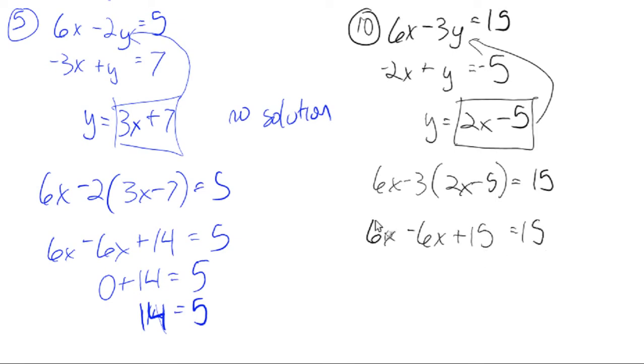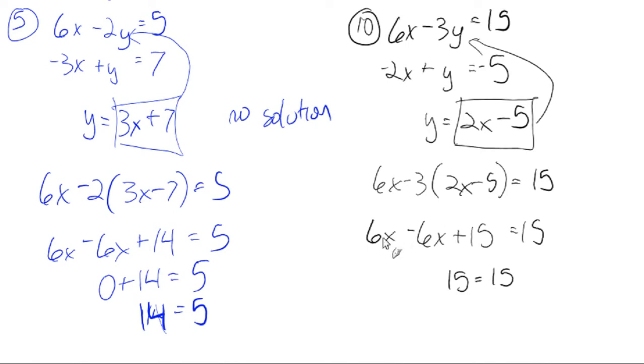Okay, now look at this. The exact same thing is about to happen here. 6x minus 6x, 6x minus 6x, except the only difference in this one's result is that where this was always false, this one's always true. Okay? So where there was no x in here that could possibly make this true, it's like there's no x that doesn't work. Any x that you put in here will work,